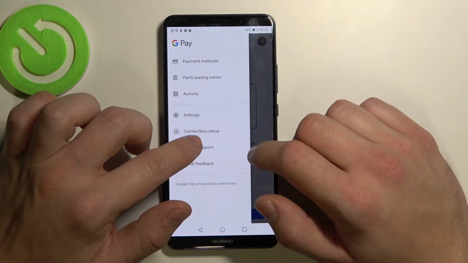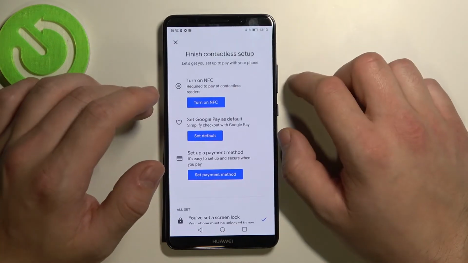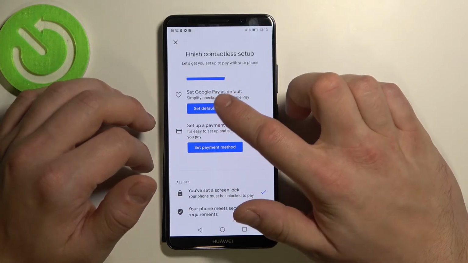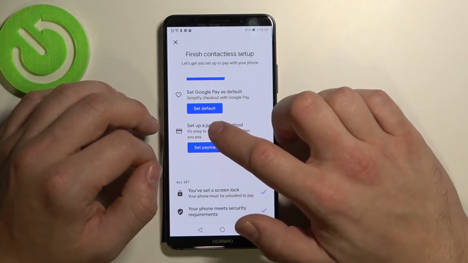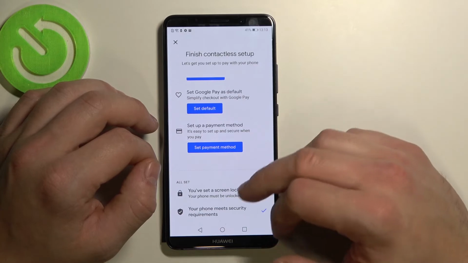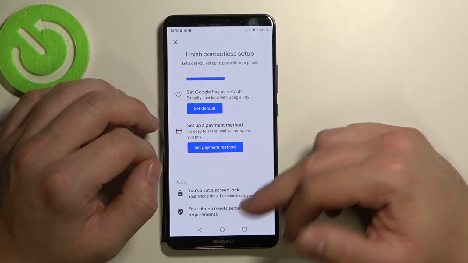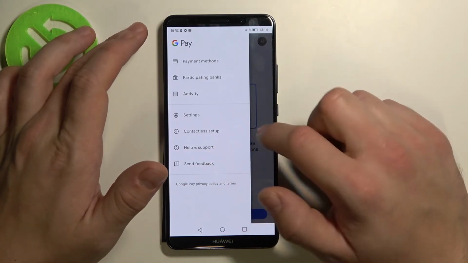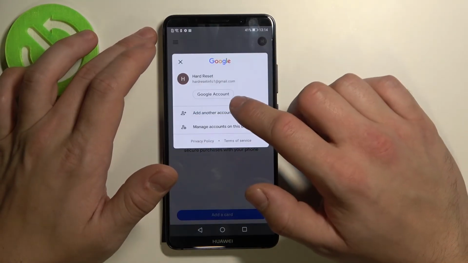Next, you can enter Contactless Setup, where you can check if NFC is on. You can set Google Pay as default, set a payment method, and see settings of your security. Then we've got help and support, send feedback, and if you tap right here, you got access to your Google